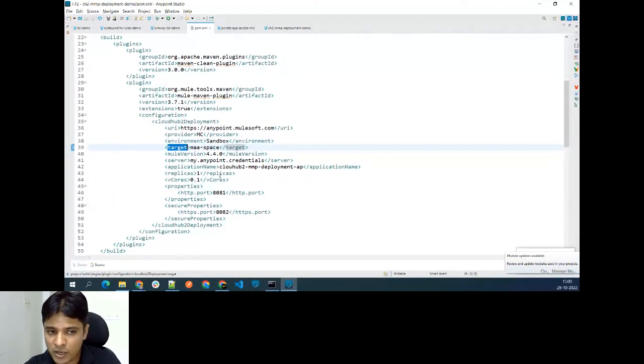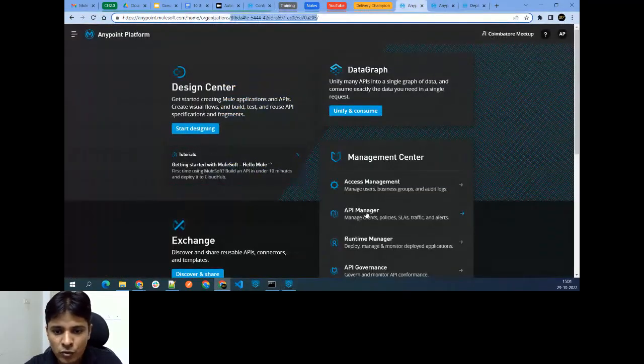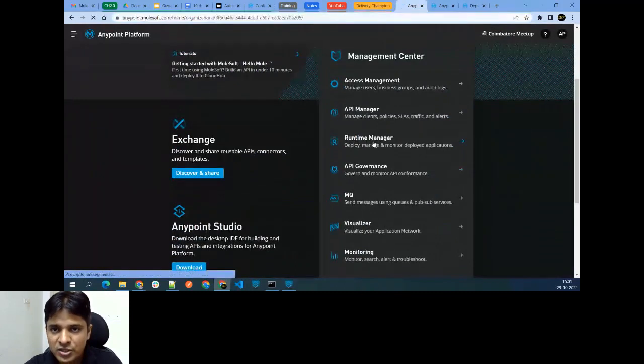This is really important. If you are deploying the application in shared space, for shared space you'll get a static name over there with your shared space. There will be a name, and that name you need to use here. Right now, I'm planning to deploy inside my private space. I'm using my private space name, which is my MMA-space. If I go to my private space right now, it will show you that name. So if you go to Runtime Manager,